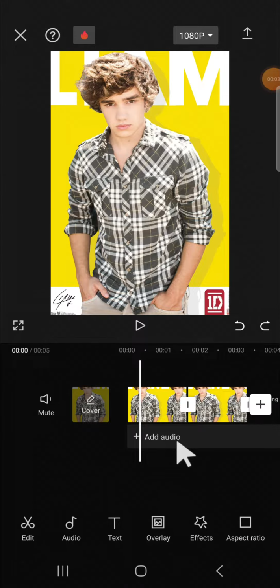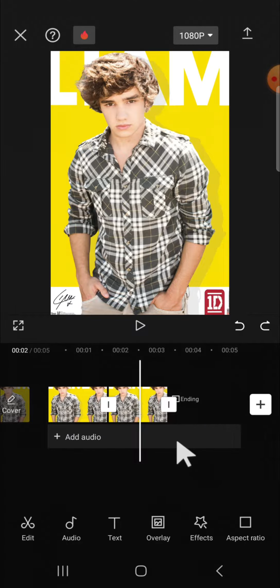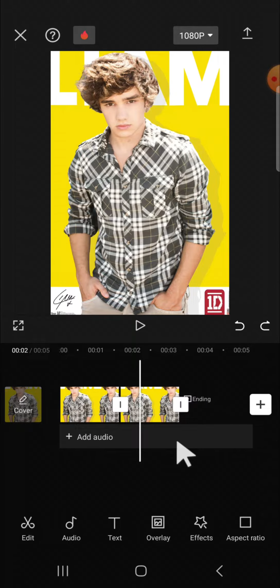In today's tutorial, I'll be showing you how we can add 80's effect to our video in CapCut to create 80's look editing. Alright guys, here I have imported photos to my CapCut project and I'm going to apply 80's